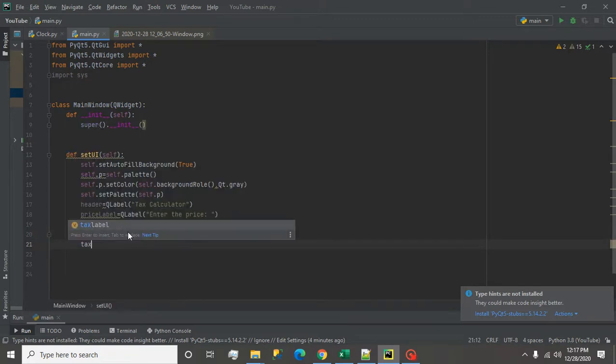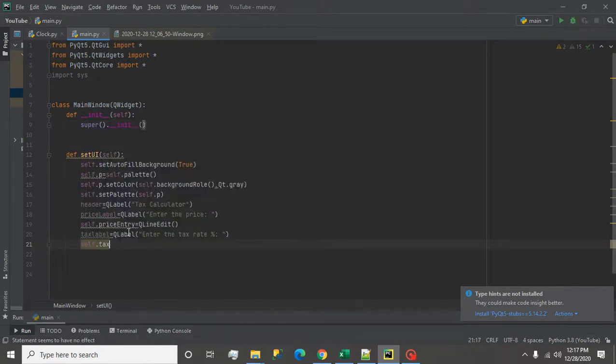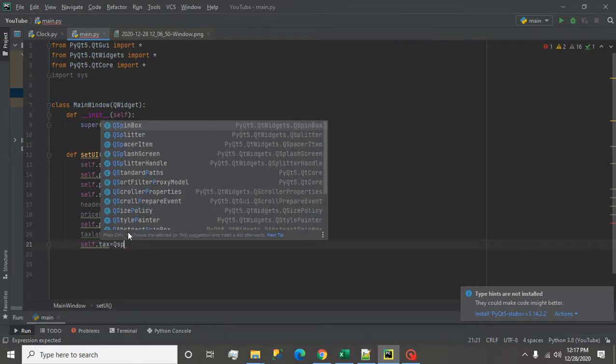Here I write self.tax is equal to QSpinBox.